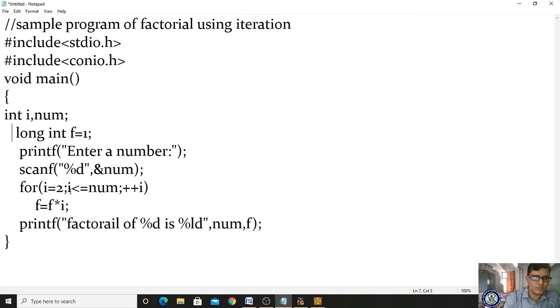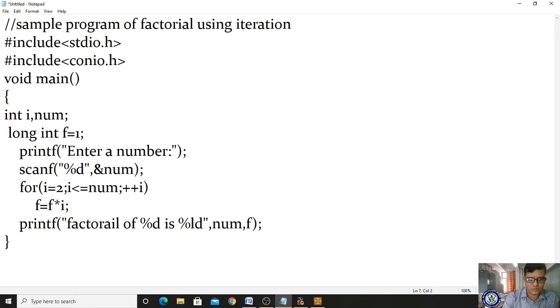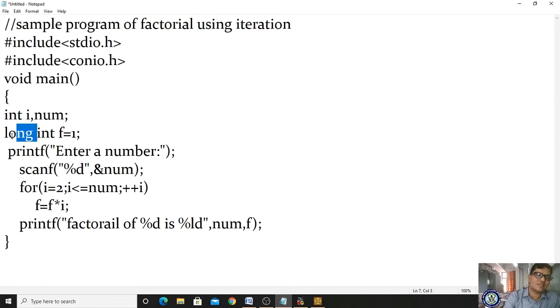You are declaring the variables related to the factorial. Now int i, num. You have to enter a number, and you are taking i, which means a looping statement is compulsory. You are writing one output statement, enter a number, so you have to enter the number that will be stored here. If I enter 5, I have to know what is the 5 factorial, right? Here the long integer is declared as long, because for large values the range won't support it. That is why we declared it as long.